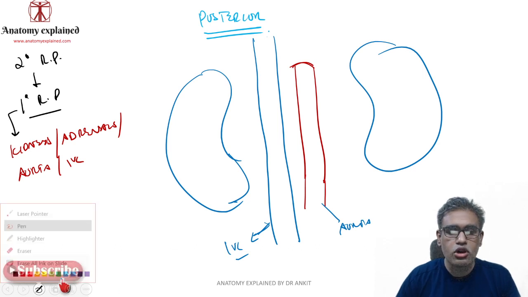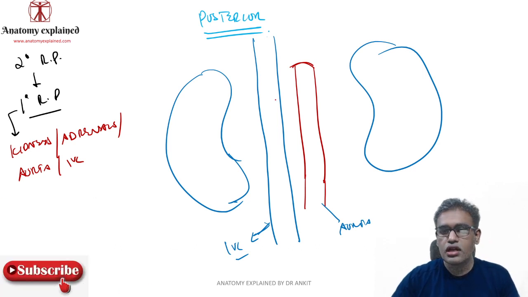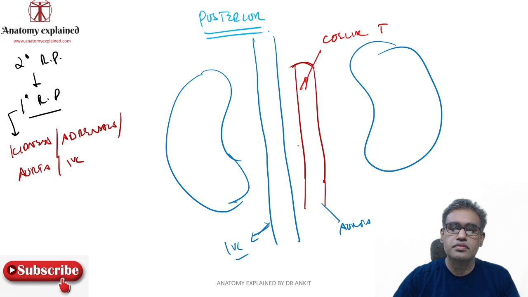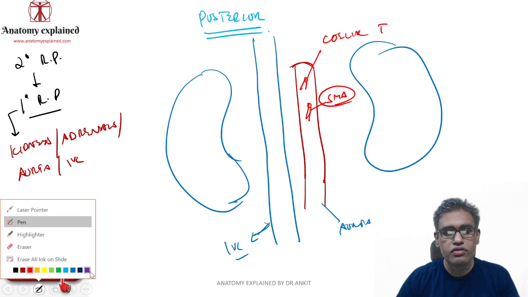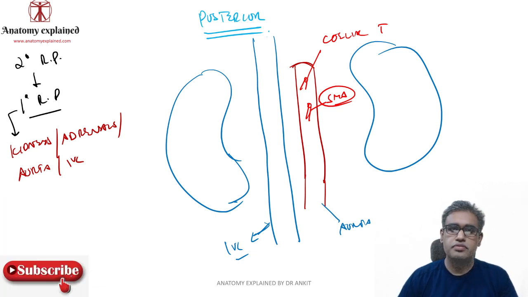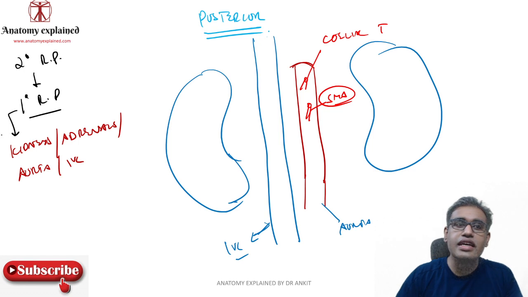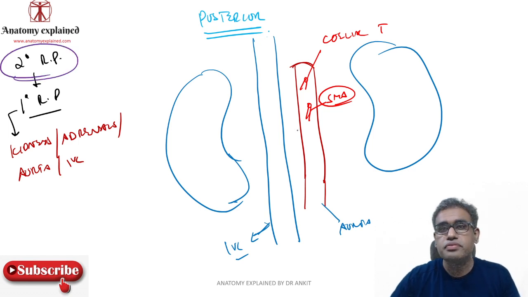Okay. Now from the abdominal aorta, there are a few branches which you need to know. First of all, from here arises the celiac trunk. So this is your artery of the foregut, that is your celiac trunk. Clear? Somewhat at this level, you have the emergence of the superior mesenteric artery, that is the artery of the midgut. Okay, the superior mesenteric artery and the celiac trunk coming from the aorta. Now, whatever we have drawn over here, all of these are primary retroperitoneal organs. Okay, now in front of it you will have the secondary retroperitoneal organ, that is your pancreas. Clear?